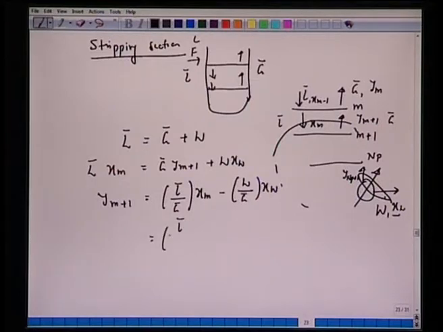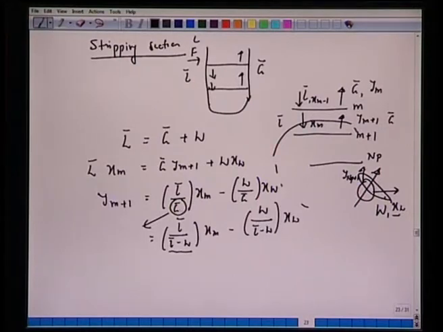which is same as L bar over L bar minus W xm minus W over L bar minus W xw. So instead of G bar, we are writing it L bar minus W, because very often it's very difficult to control the molar flow rates of G bar. It's very difficult to control as well as to measure. So generally, most of the times in the distillation column, we have the data for the liquid. So we can write G bar as L bar minus W. Two are the same. That's our operating line.